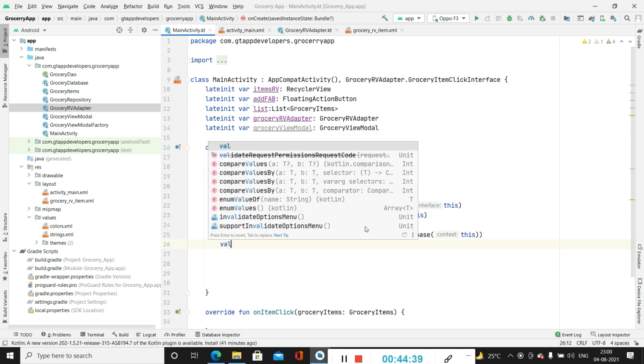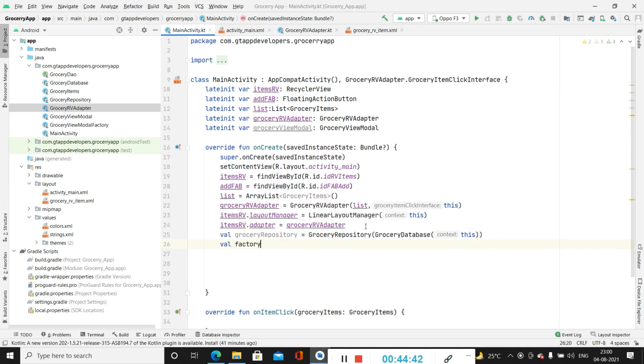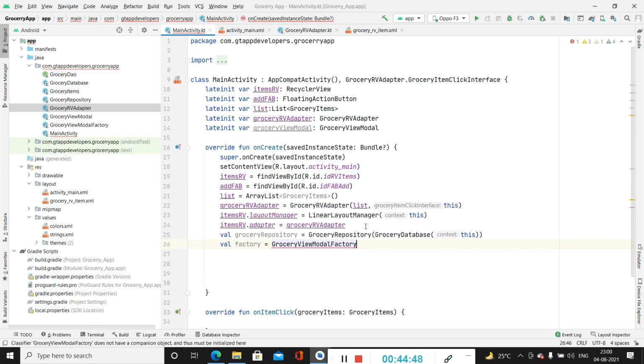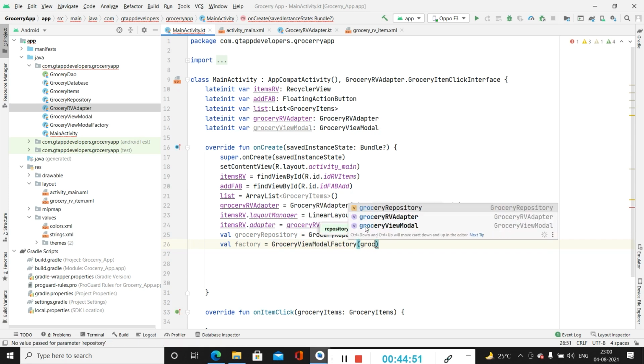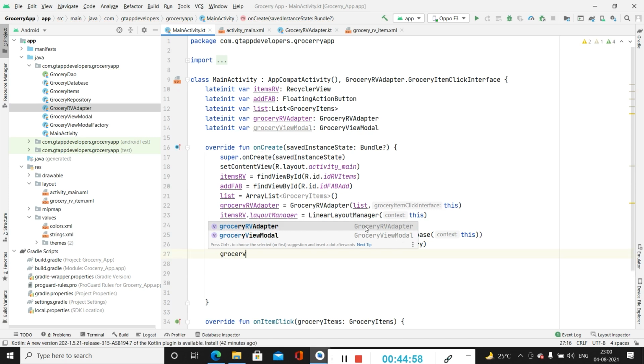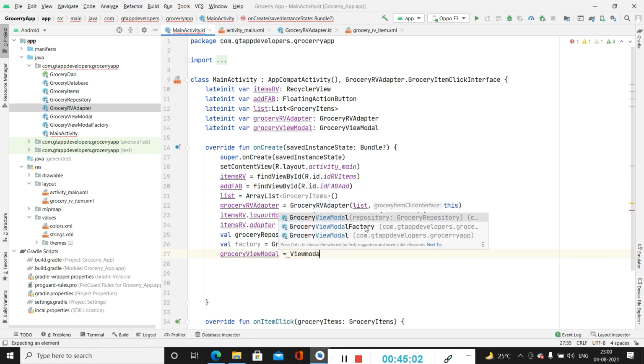Then after that we will have to create a variable for our factory, that is grocery view model factory, and then grocery repository. We will be passing it inside it. After that we have to call our grocery view model. Then we have to call view model provider.